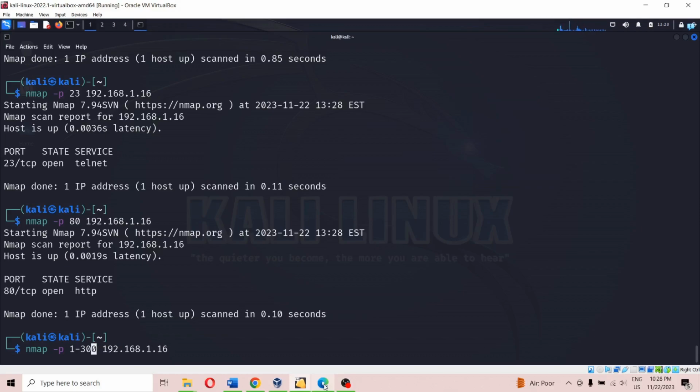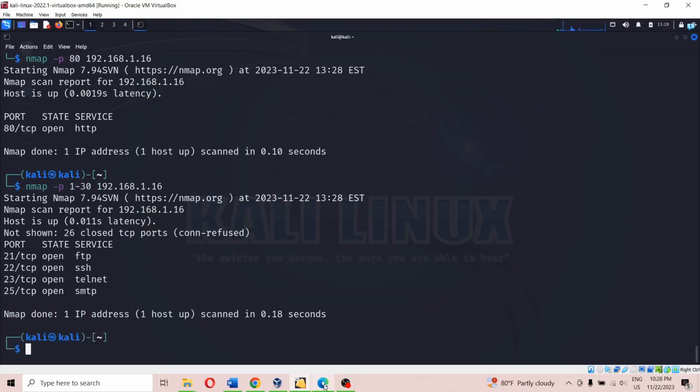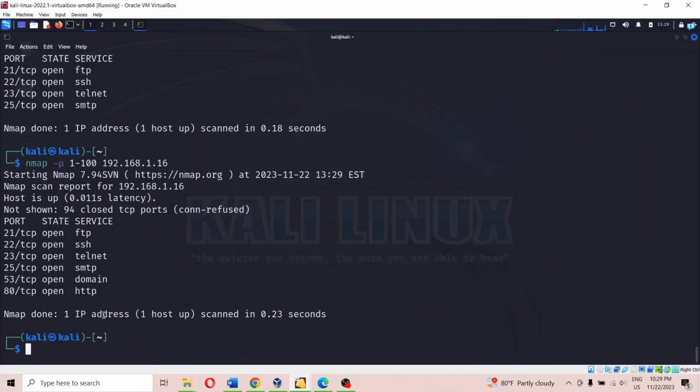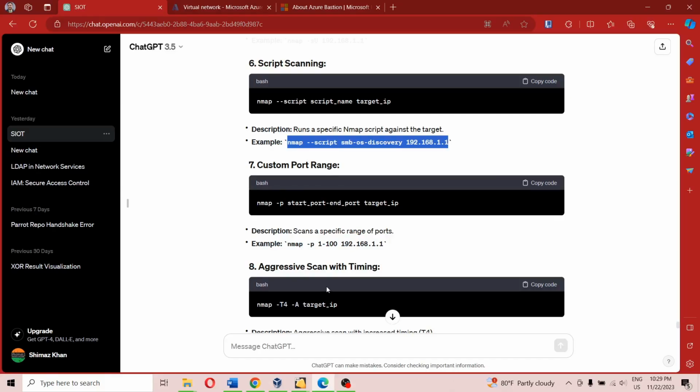Okay, so only these ports I want to check. So you can see all the port numbers between 1 to 30 are tested. Suppose if you increase here to 100, then you can see between 1 to 100. Okay,